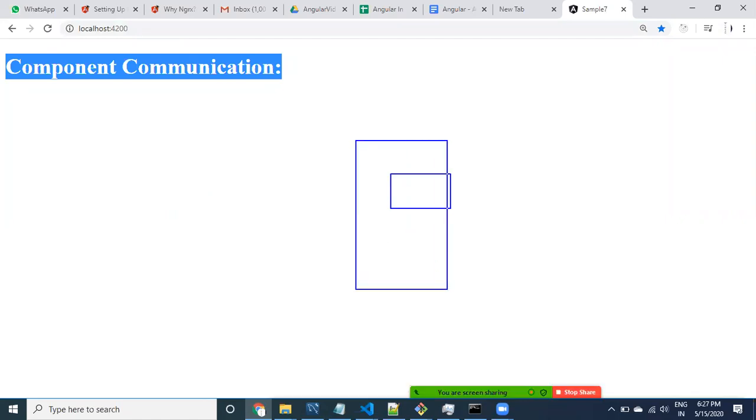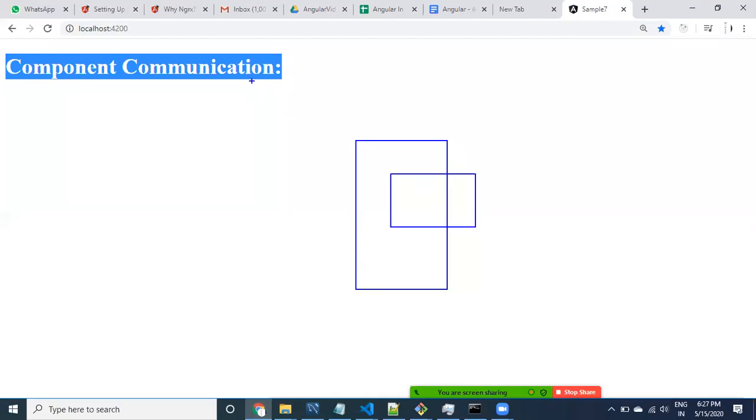Yes, localhost 4200. Whatever information I have provided in the app component is getting displayed, right? So the next immediate goal is creating a drop down component. Let us create a drop down component. It has to display just a very simple drop down. I'm going to use just HTML, not even bootstrap.